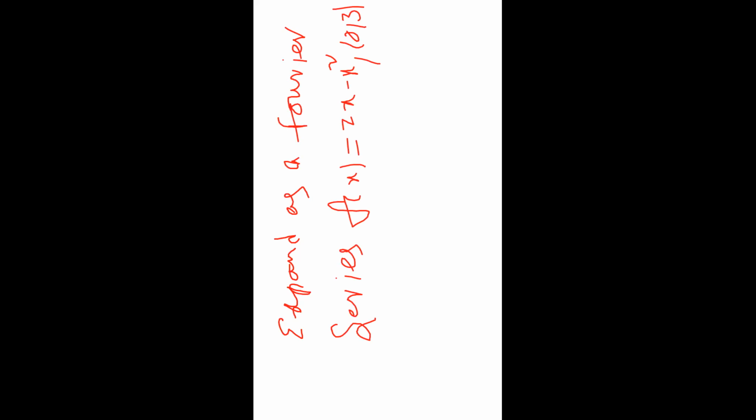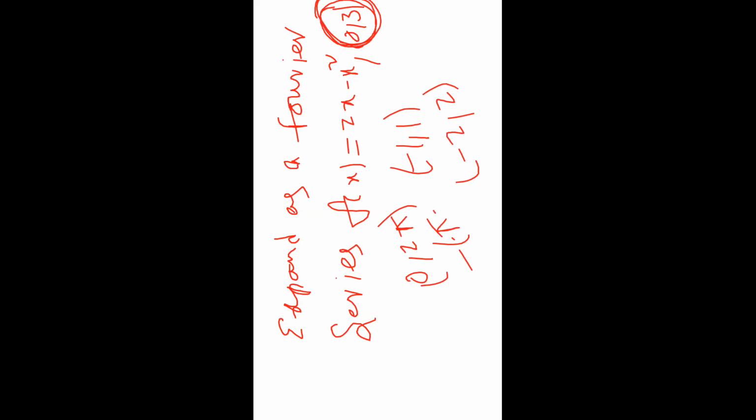In the given problem, the method is not mentioned. So what method do we apply, Euler's or Euler-Rod or change of interval? It is not mentioned in the problem. We have to identify the method from the given limits. The given limits are 0 comma 3. Suppose 0 to 2 pi, it is Euler's. Suppose minus 1 to 1 or minus 2 to 2 or minus pi to pi, it is even or odd. If the given limits are not of these types, then automatically we go to change of interval.